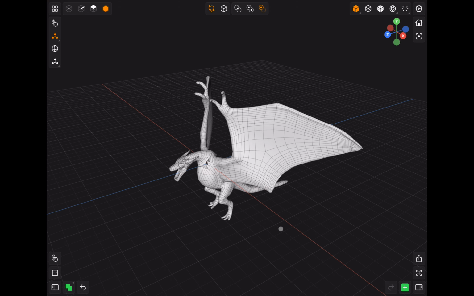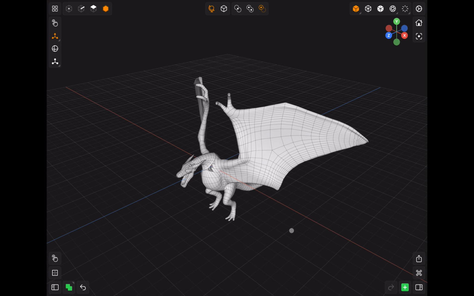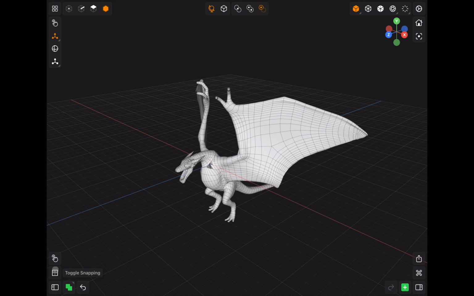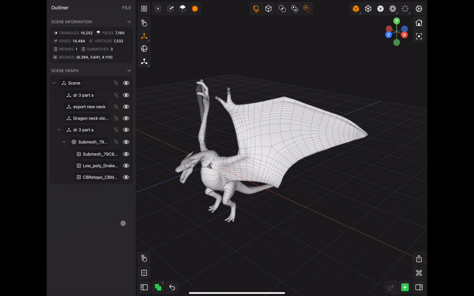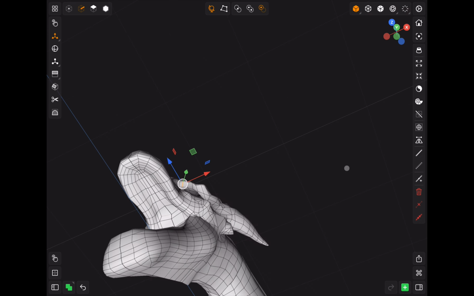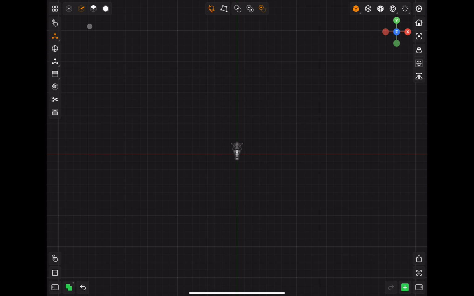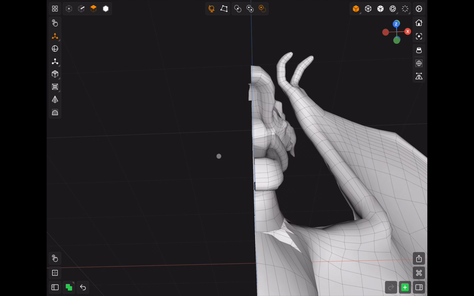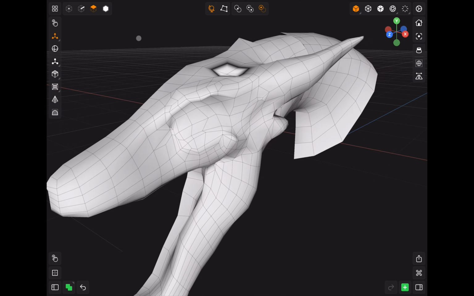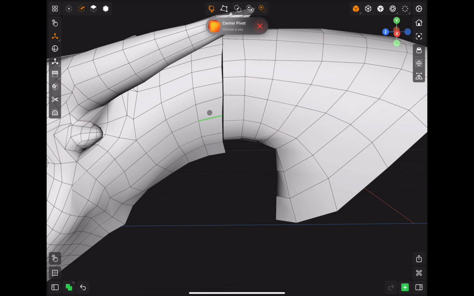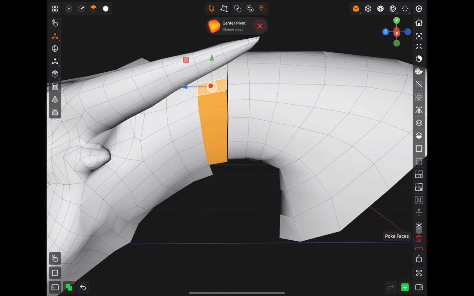Alright, back in Valence 3D for the very last time, with everything all together but still separate. Now we're going to put everything connected together. So the head and neck is pretty much simple. I did have to add more edges to it. I'm going to delete half of it. Actually, I lied. There's going to be a